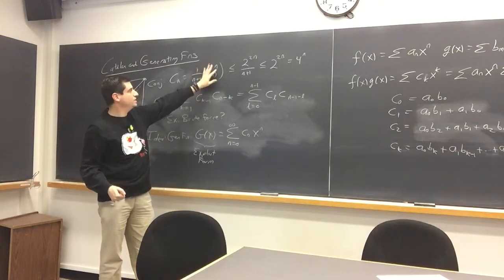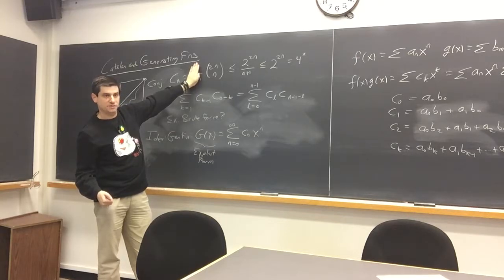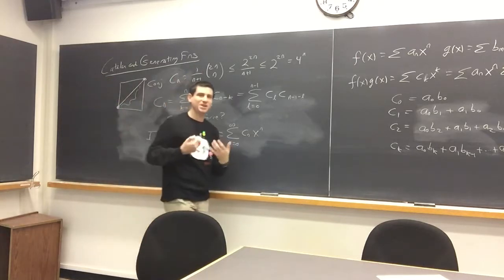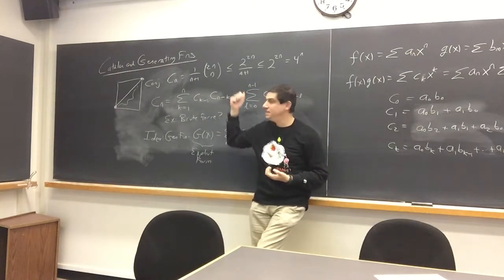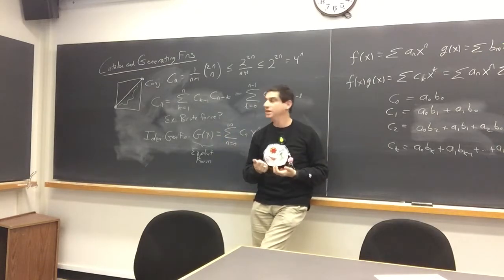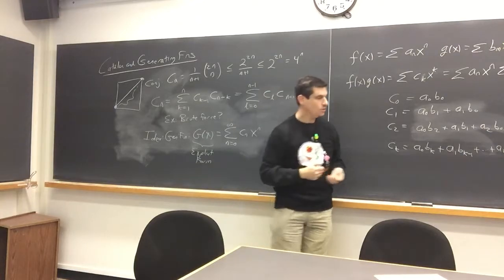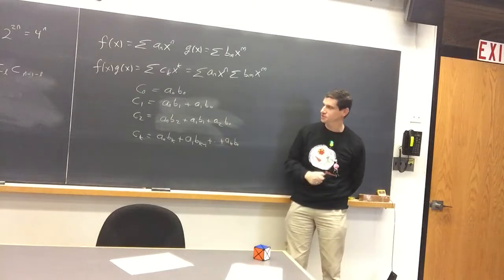So even though we didn't know this, we did know this was true. We knew Cn was definitely less than 2n choose n. So while it might have seemed like that was a ridiculous thing to be doing in Monday's class, it pays dividends here. It's enough to give us that the series will converge if x is less than 1/5. Okay, so the question is, does this help us? So we have these relations.